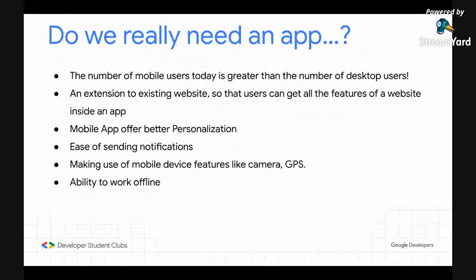Now, some of the apps can work offline. Even some of the online apps can have some features that can work offline. It is also a plus point. So basically, we need an app. That's why we are here to learn app development. Okay, so let's continue further